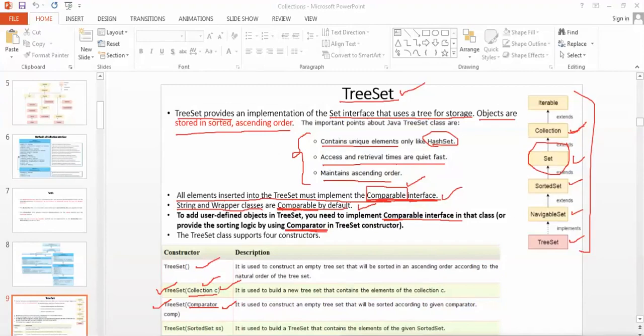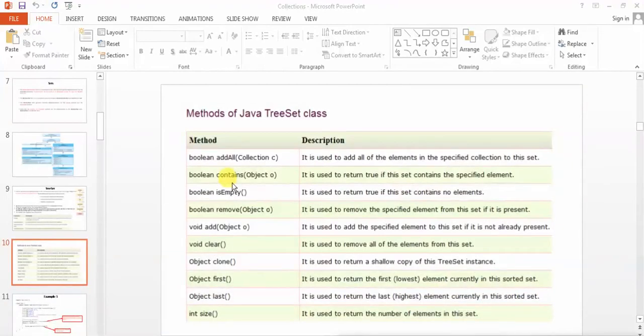Now let's proceed with the example program. Before that, let me show you some inbuilt methods inside the TreeSet. addAll, contains, isEmpty, remove if I want to remove something, add if I want to add a single object, addAll if I want to add a collection of elements, clear if I want to clear all the elements inside the TreeSet, clone if I just want to duplicate the TreeSet, first if I want to fetch the first element in the sorted order, and last for the last element in the sorted order, and how many elements are there in the TreeSet is calculated by size.